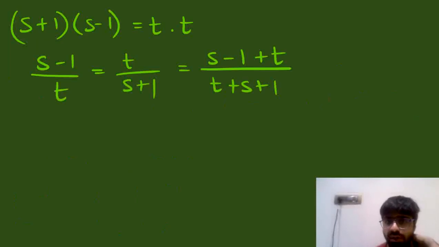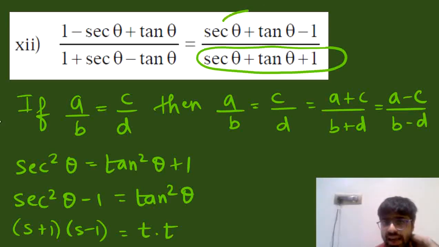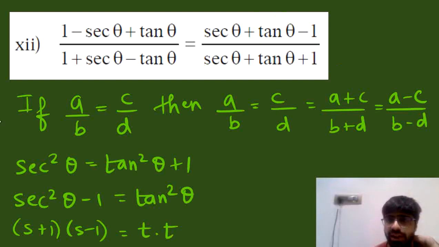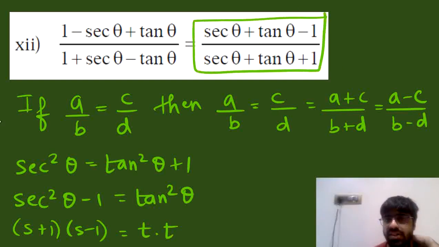But check the numerator. In the numerator we have sec minus 1 plus tan. Is the numerator that very term? Sec minus 1 plus tan. Yes. So we have got our right hand side. But now we need our left hand side also. We need to be a little careful with our left hand side because we will have to subtract the terms. But which term to subtract from where? That is one very peculiar thing that we need to be careful about.